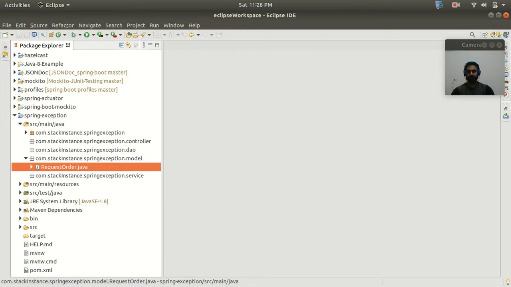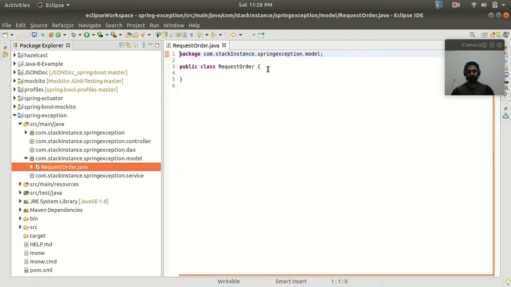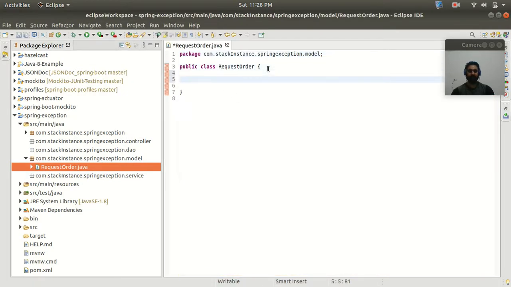So this is my request model class, and in this class we have the properties: the order ID, the order name, the order category and the order amount. So let's create all the attributes or properties. So this is order ID of integer type.